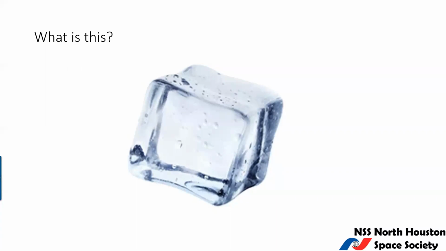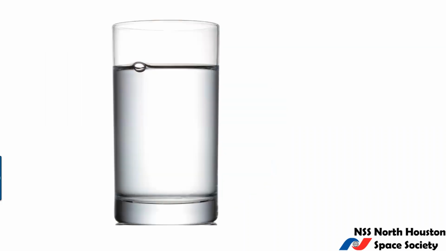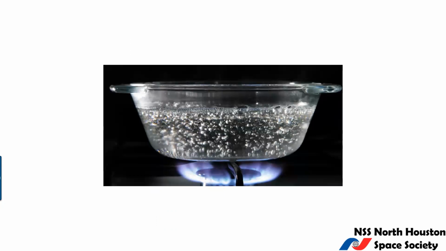Well, it could be 0 degrees, it could be negative 10 degrees Celsius, it could be negative 30 degrees Celsius. And what you see there is like air bubbles inside the ice, so don't think the ice is melting. And what's this? This is a glass of water. And of course, we know that at normal atmosphere, its temperature must be somewhere between 0 and 100 degrees Celsius. And here, of course, is that water boiling and transforming into vapor.